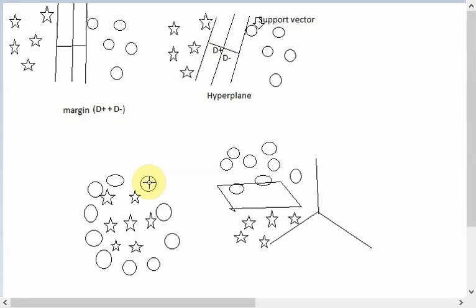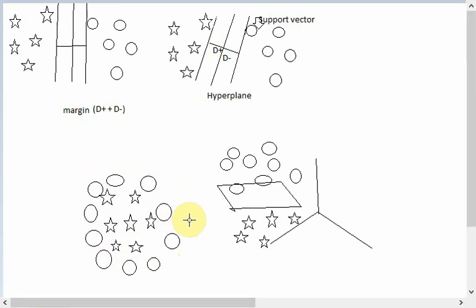Regarding the problem we came across, for example, here we have a combination of data sets, that is a combination of stars and circles. But if you look here, all the stars are centrally located and all the circles are surrounding them. Even if we try to draw a line here or anywhere, we will be unable to separate them. We will be unable to classify them into two classes.